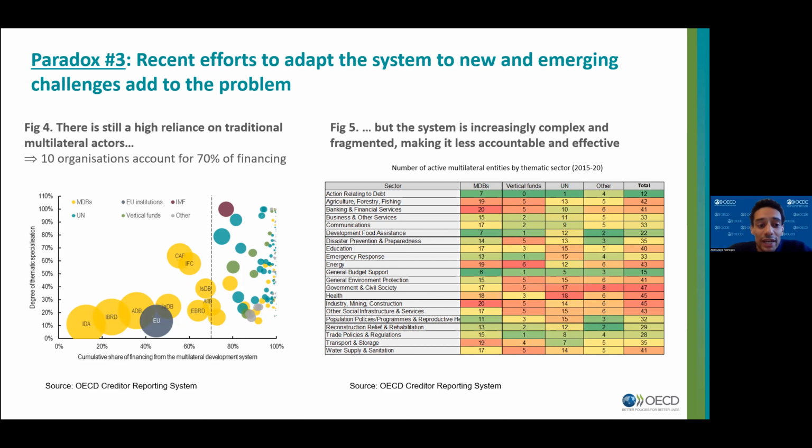And in addition to that, the analysis in the report shows that the number of active multilateral entities has continued to grow over the past decades, with new entities being created in response to successive crises. So the result of all that is a complex and fragmented system where it becomes difficult to have a clear understanding of the division of labor between different multilateral entities, and also of potential overlaps or gaps in their respective portfolios. So for example, figure 5 shows that more than 40 multilateral entities are active in sectors such as health,